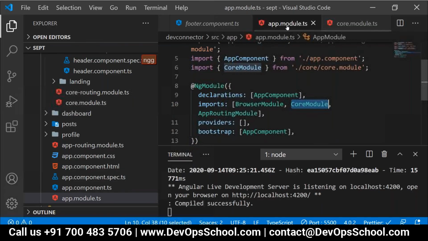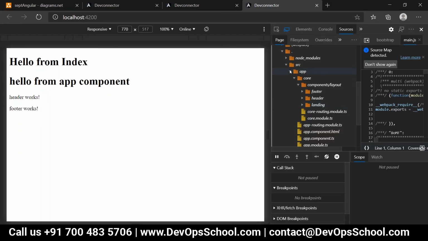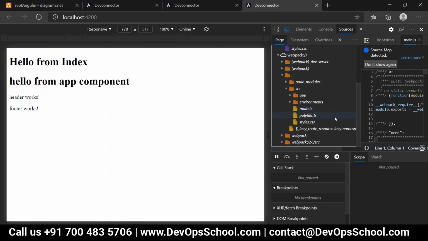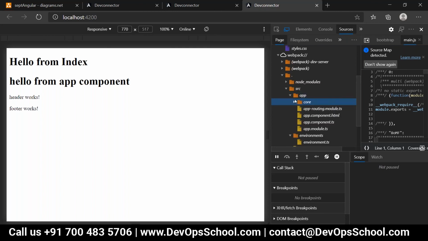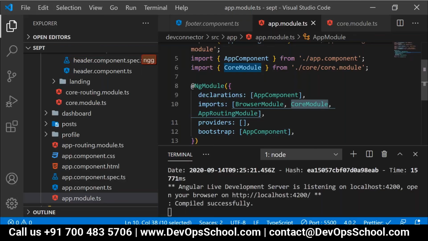Prithvi, have a look over here. We are going to import this core module. Okay, I'll show you in this way. Have a look over here. App was loaded initially, agree? Now, because of this import, it's going to load the core module or not.